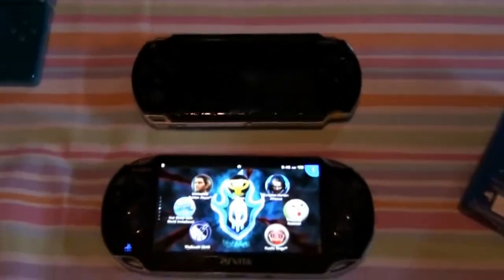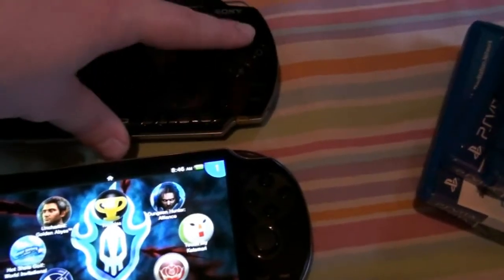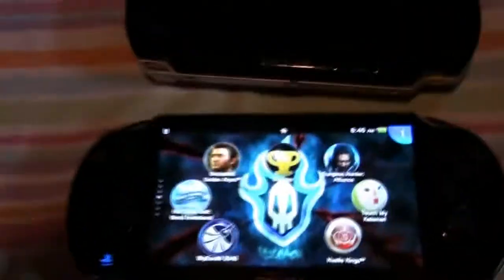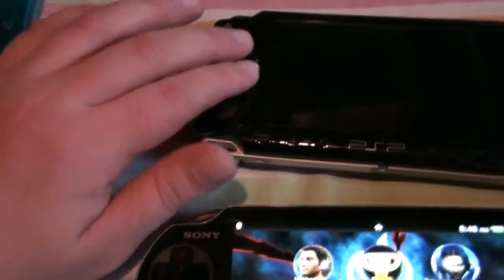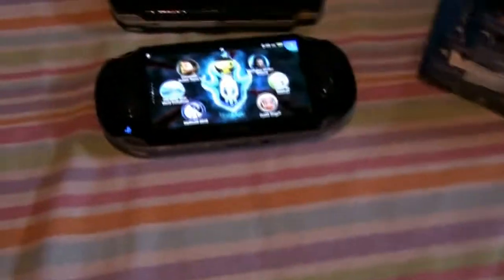I guess impressions. But before we move on, I want to show you the similarities and the differences between the systems. I got a PSP right there, and we got the PS Vita right there. The screen is bigger. The system looks bigger, but the only thing that sucks is the buttons look smaller, the triangle and stuff. But you do got 2 analog sticks, and the directional pad buttons are actually separate on this, but they're all together on the Vita. But other than that, it's pretty much